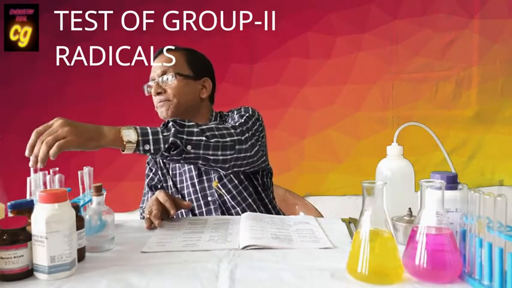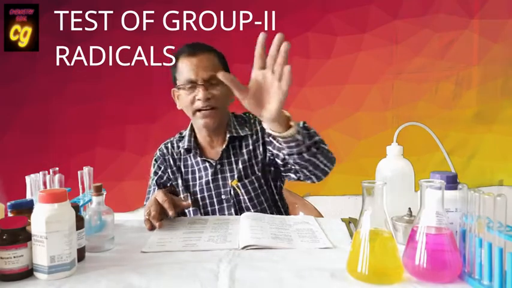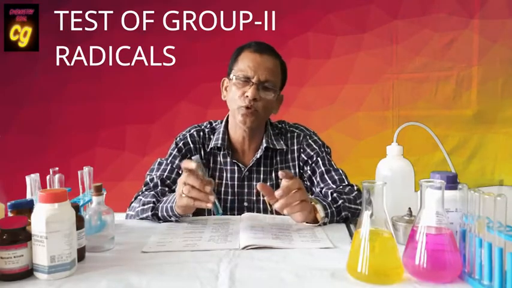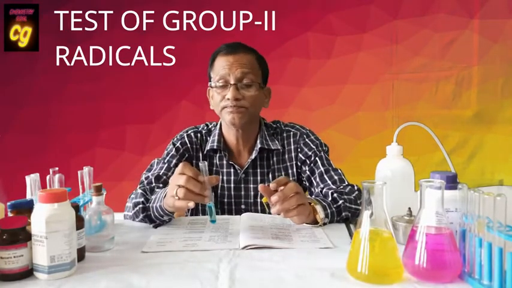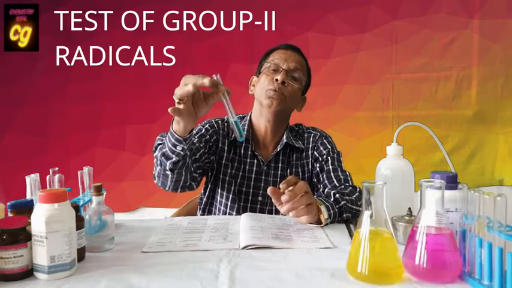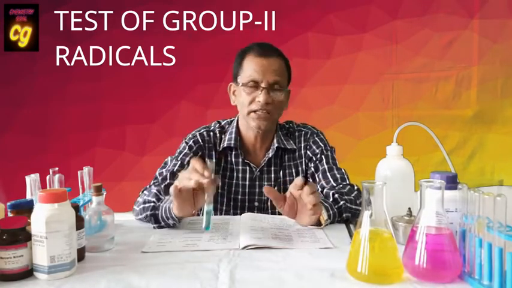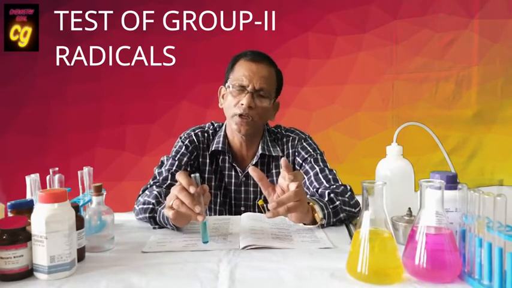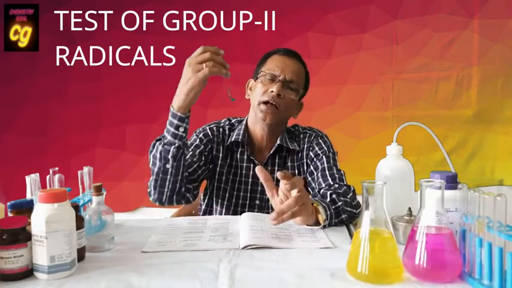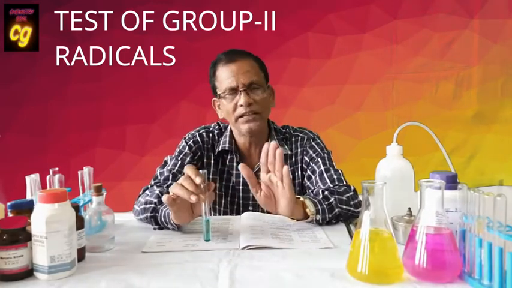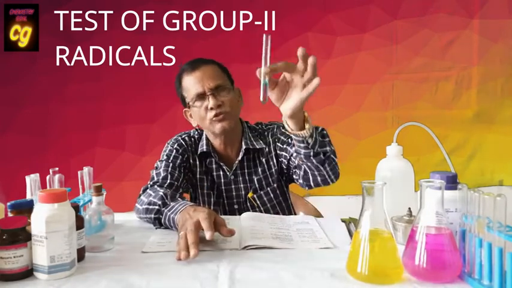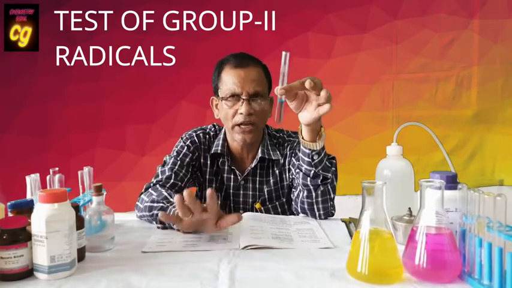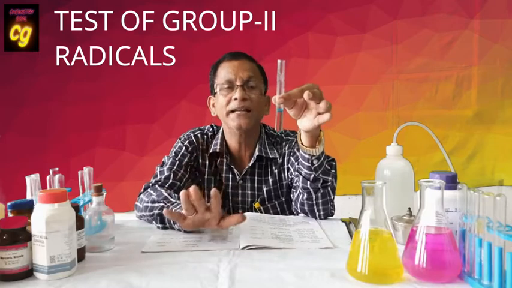Okay. Then the next radical we will test is copper ion. It is also one part of group 2 radicals. This is your copper, a blue color solution of copper 2+. Generally if it is copper sulfate, it is blue color, and generally a green or blue color generally indicates copper. But we should not rely on the solution color. If the solution contains copper 2+ ion, it can be confirmed by adding ammonium hydroxide.